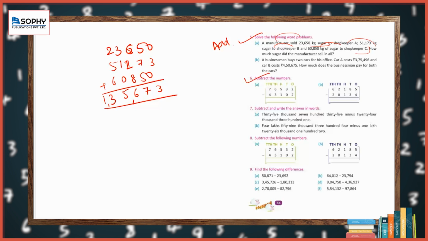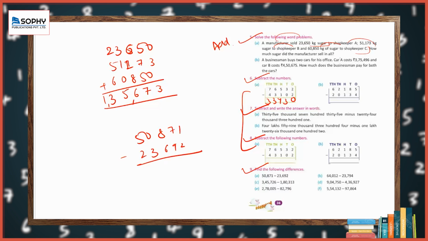Now here we have to subtract the number, students. So what will be the answer? Very good, students. 2 minus 2 is 0. In this one also, you will have to subtract the following number, students. 5 minus 1 is 4, 6 minus 3 is 3, 7 minus 4 is 3. Now in the next one, we have to find the following difference, students. So it will be 50,871 minus